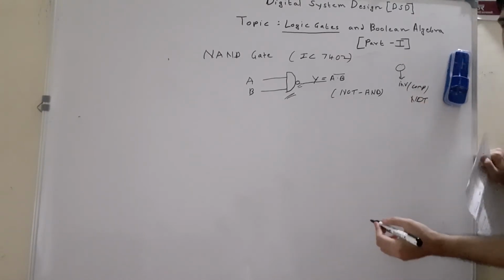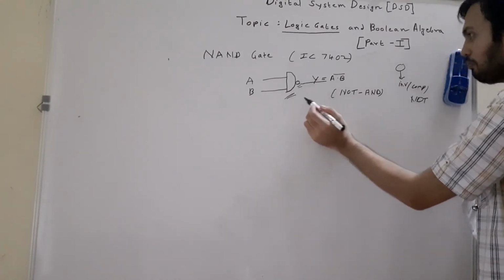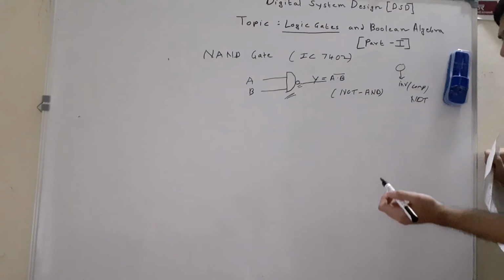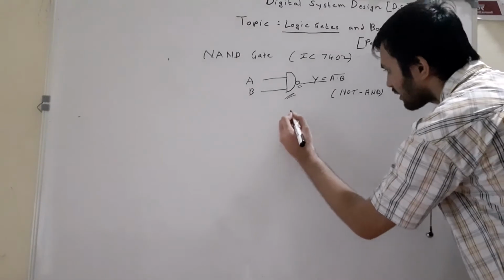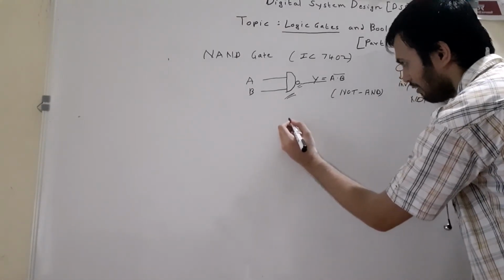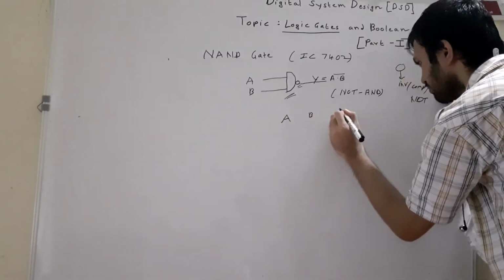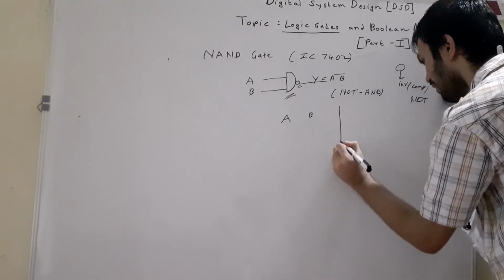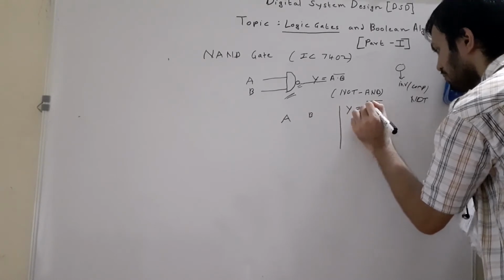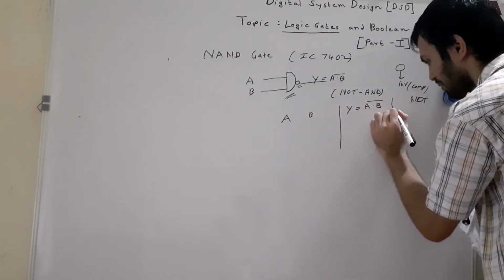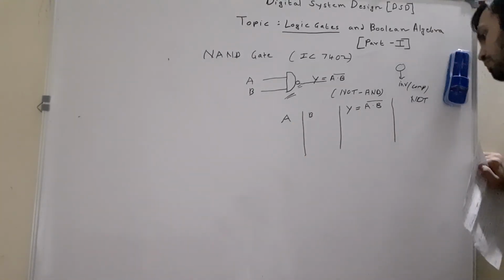So as NAND gate is NOT AND, that's why we have a simple AND gate symbol, but in front of it there is a small bubble, indicating that it is not an AND gate but a NAND gate. Now from its truth table it will be pretty clear why I am calling it NOT AND gate or NAND gate. So we have two input combinations A and B, and we get output Y is equal to (A dot B) whole complement, the bar at the top meaning complement. So what is its truth table now?